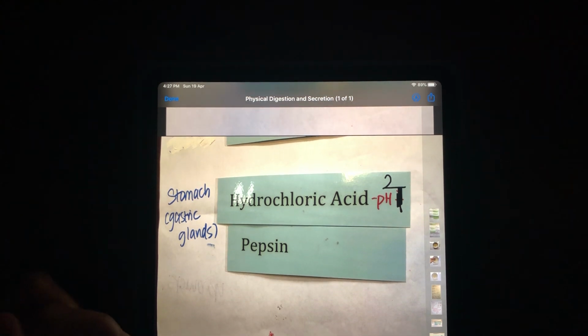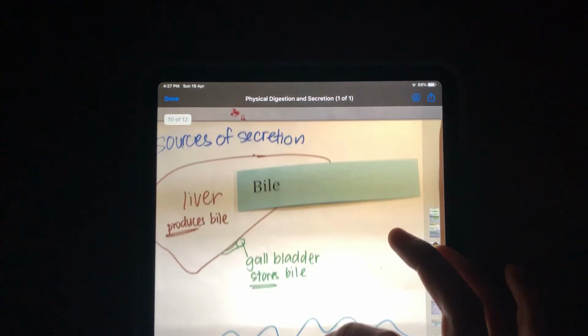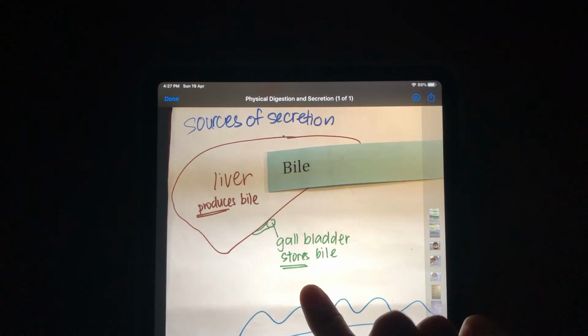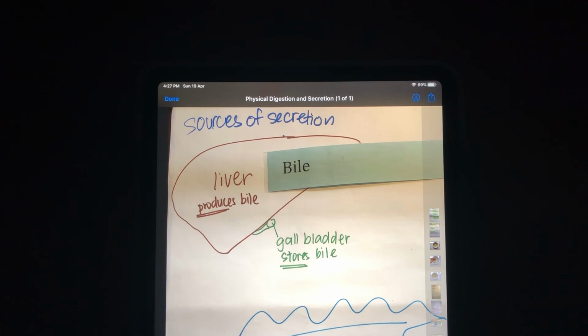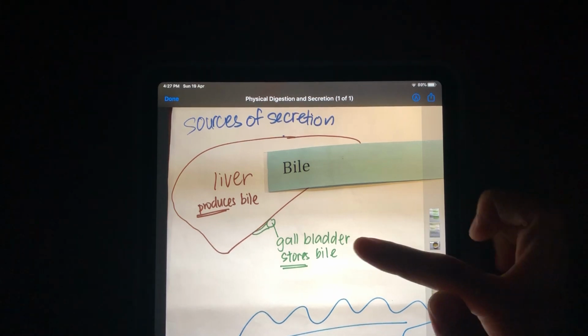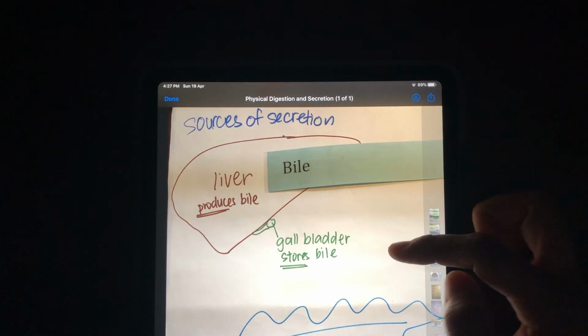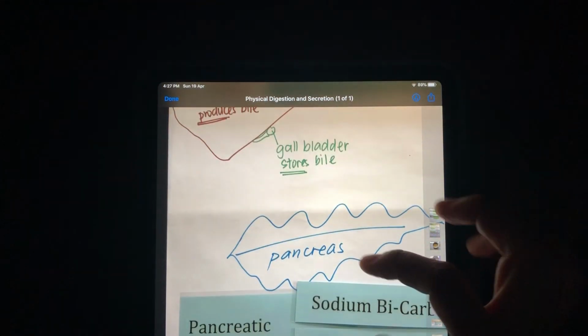Now, for the small intestine, there are three sources of secretion. The first source would be the liver. The liver produces bile. The gallbladder stores the bile. Right? It's just like how the kidney produces urine, but the urinary bladder stores the urine until we need to release it. So likewise, the gallbladder stores the bile, and when food enters the duodenum, it will release the bile. The pancreas,